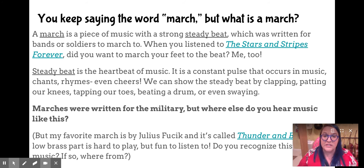We used music to help us gather people, gather the soldiers to the battle, to help keep them together, to help them walk together, and to give them a little bit of boost of energy too, you know? So that's where this steady beat comes important. And it makes us feel patriotic. It makes us feel proud. You would hear this music